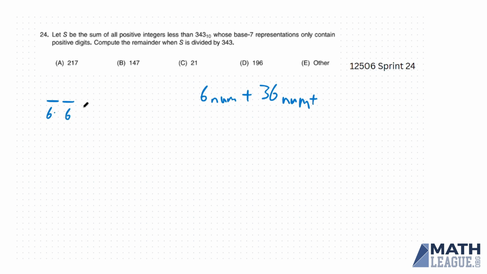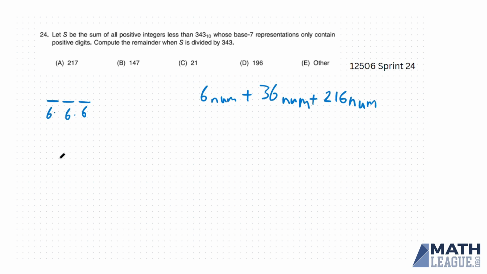And for the 3-digit base 7 numbers, again, we have 6 choices for the first digit, 6 choices for the middle digit, and 6 choices for the last digit. So 6 cubed is 216 numbers with a 3-digit representation in base 7. And notice that for each of these cases of numbers, the digits from 1 to 6 inclusive are going to appear the same number of times in all of these numbers. So we can write the sum of all these integers as,